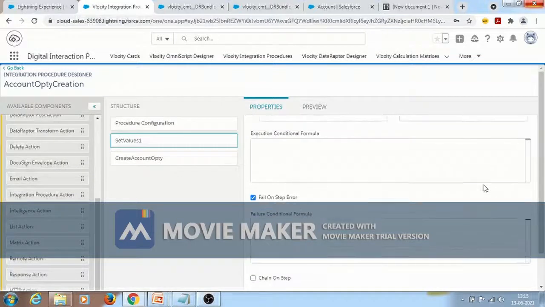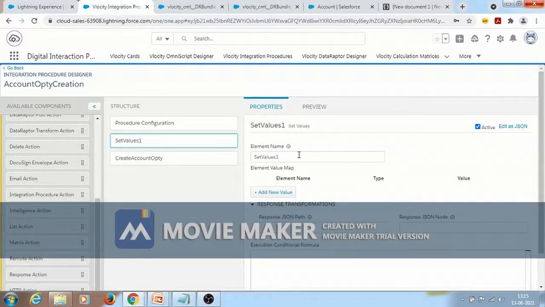Let me introduce this set value for you. This is set value where we need to set the values. I'm naming it set vars because we are setting the variables here.